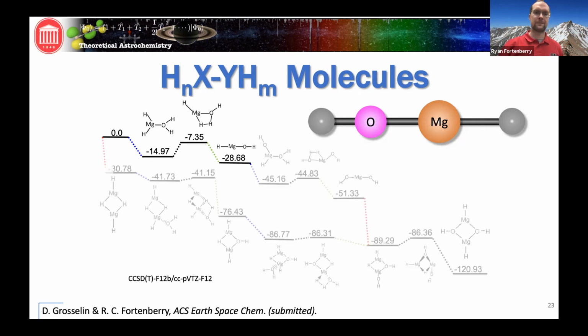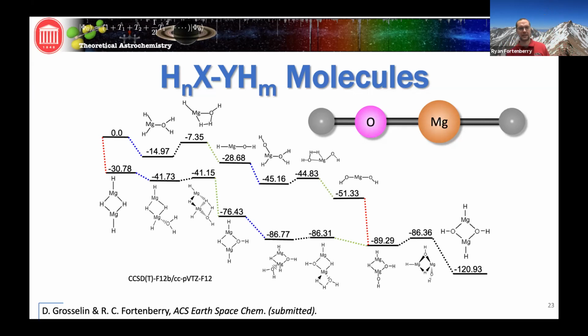And we can extend this into a larger network calculated at high level, till eventually we get to the magnesium oxide dimer that I talked about at the very beginning. Yes, it's hydrogenated, and I know that. But my thoughts here are that if you have this monomer, or the hydrogenated dimer, maybe you bring in another hydrogenated dimer, maybe you bring in the monomer, or all these other things can happen where they start to click together once we have gotten into this nucleation process. And that's going to be something that we explore even more. One of the other things that happens here is that we also form the brucite monomer right here as well. And it's part of this process as it continues to progress.